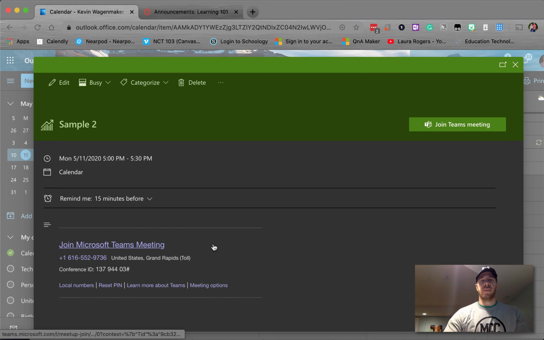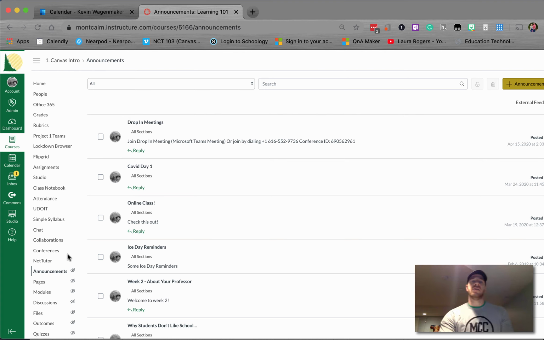clicking on the link and joining from the web or from the app, or they can actually call into the meeting as well. So there's two ways right there, Teams and Outlook, to create a meeting. Instructors, you can also now create a Teams meeting just like that in Canvas. So any instance of the rich content editor,